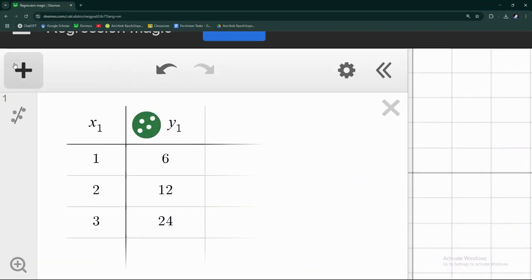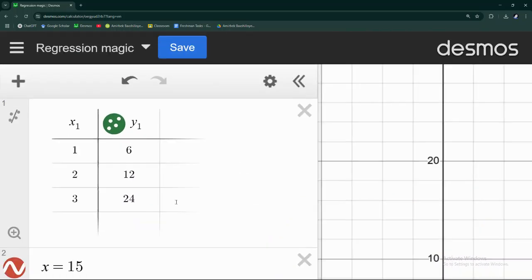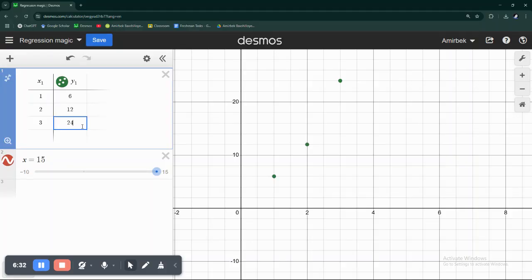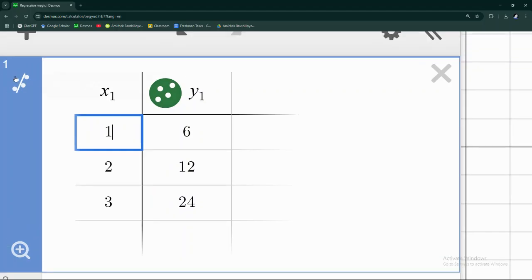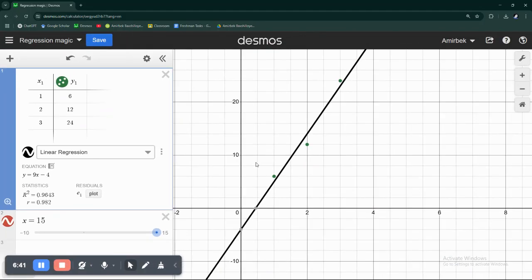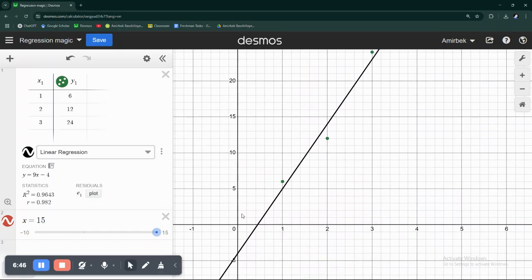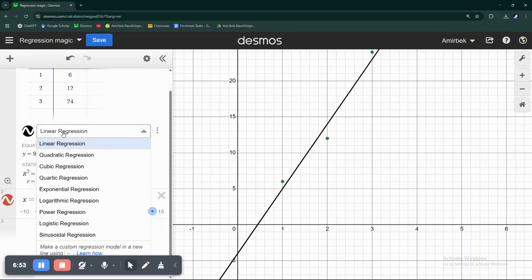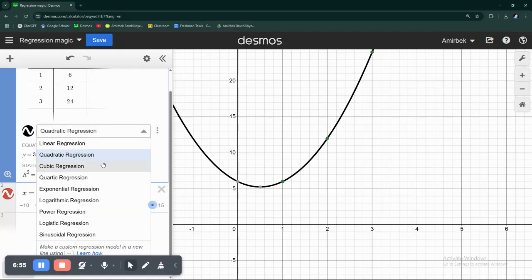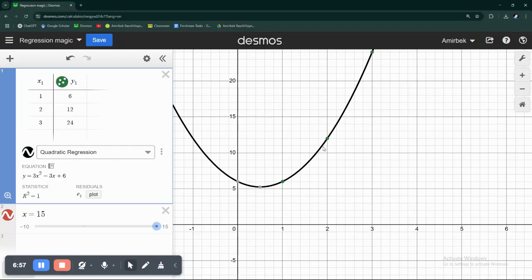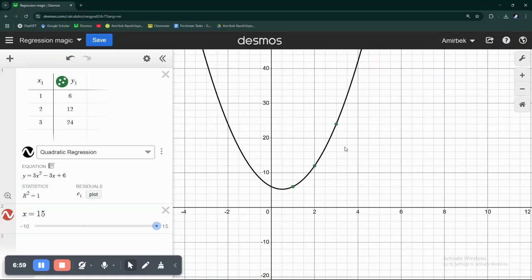I just click on this, add an item, click on a table, right, and then plug in all the values. I know the values for the first three, and I'm putting in all those values, and then I should click on this button, regression line. This way, I'm able to create a line of best fit, meaning that this line is going to be very, very close to most of the points. Well, you can have a regression line of the linear regression, quadratic. Well, it actually looks very good for the quadratic function too,